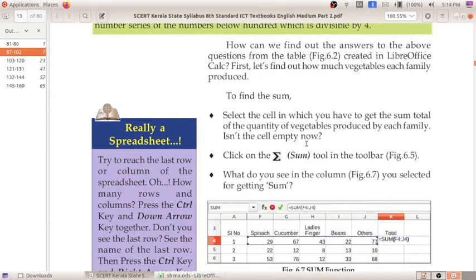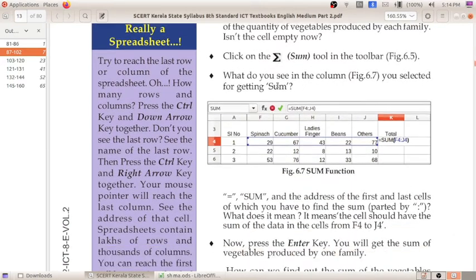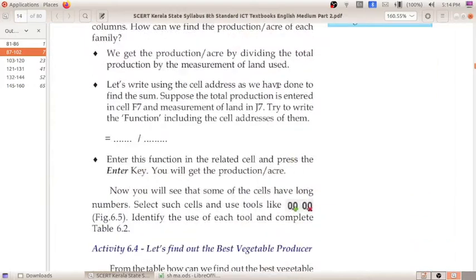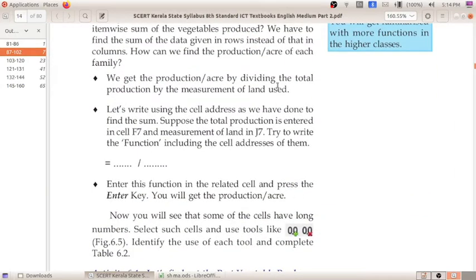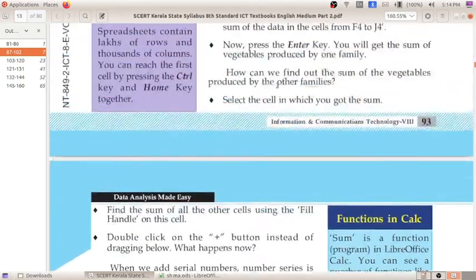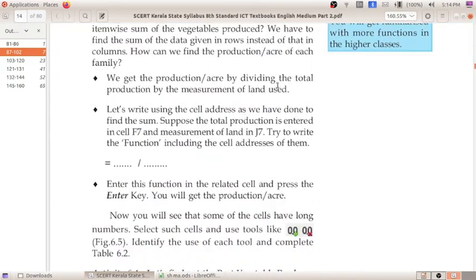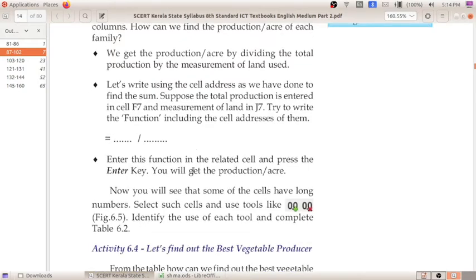Next we have found out the sum. To find the sum, this sigma is the sign for finding the sum, and for finding the division, that means for finding out that we have to use one formula, and here the formula key is known as the equal to. Okay, equal to, this is the key. Here we have to type the cell address.